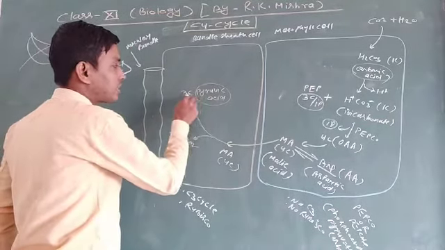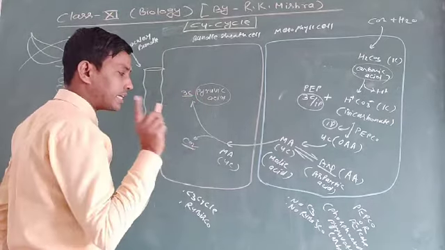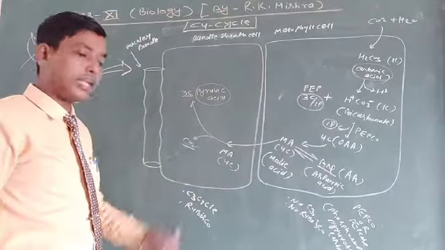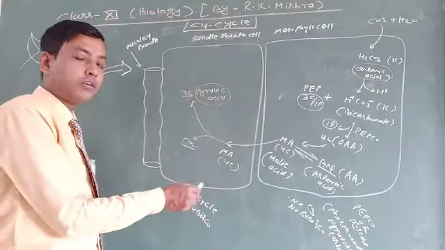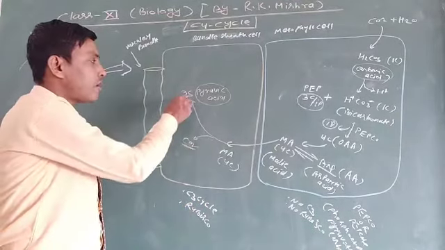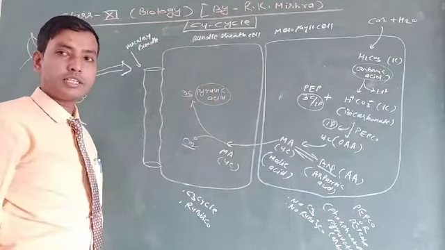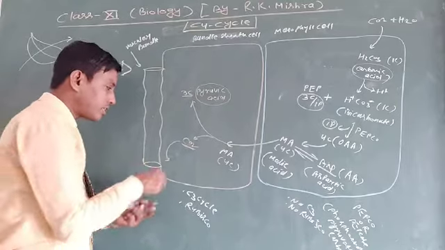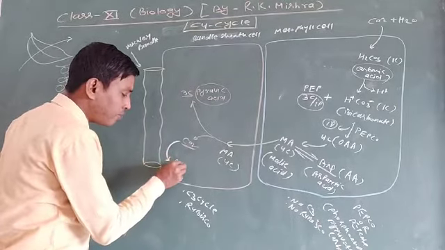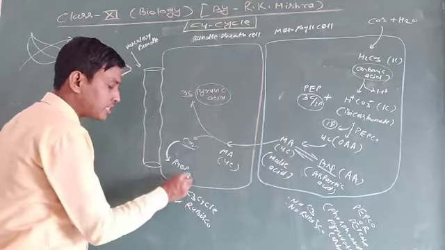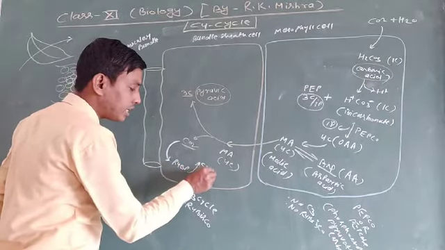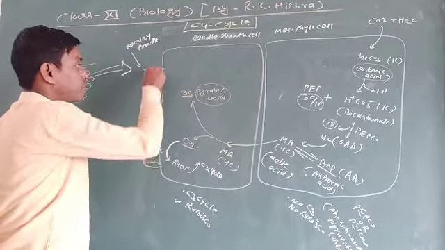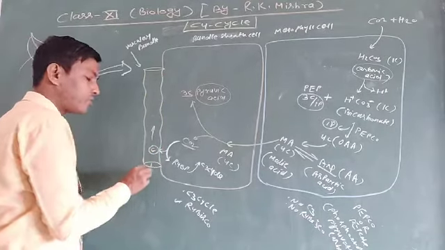Listen, pyruvic acid is a 3 carbon compound and carbon dioxide has 1 carbon. Both together remain as 4 carbon as in malic acid. So malic acid, the 4 carbon compound, after elimination of carbon dioxide forms the 3 carbon compound pyruvic acid. Keep in mind, the carbon dioxide here reacts with RuBP in presence of Rubisco enzyme to perform the C3 cycle. Regular synthesis of glucose also occurs, which will turn into the vascular bundle and be sent to different parts.